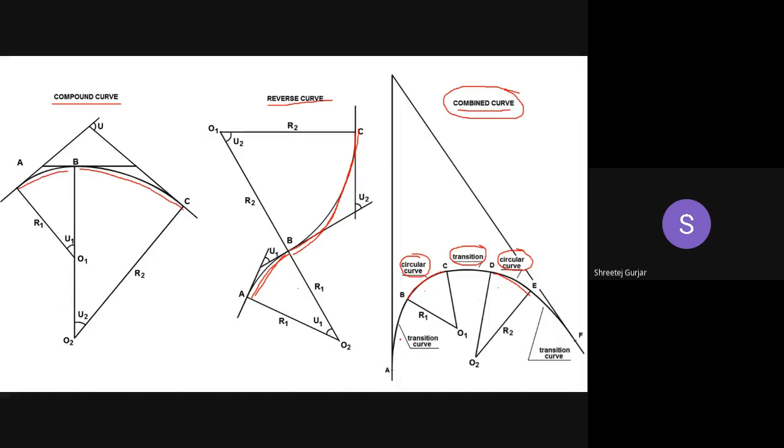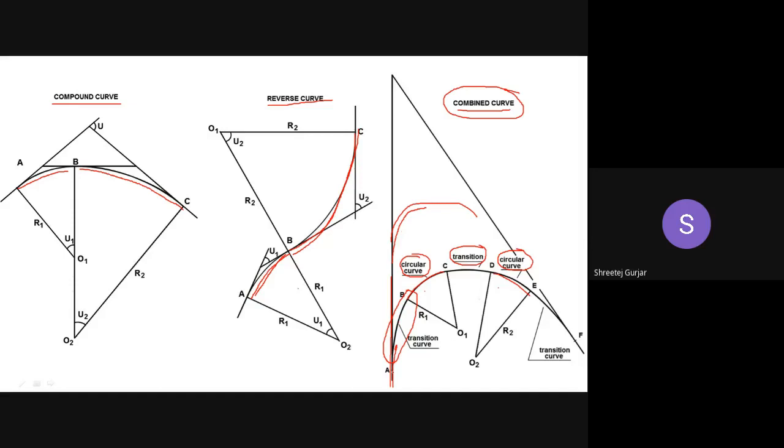Also at the start you can see this is the straight road which is coming, right? So from here we have a transition curve A to B. From a straight road, if you want to get into a circular curve, you have to provide a transition curve so that you can smoothly get into the circular curve. If you directly provide a circular curve like this, it will be difficult for you to turn suddenly, right? It will be uncomfortable and dangerous for the passengers.